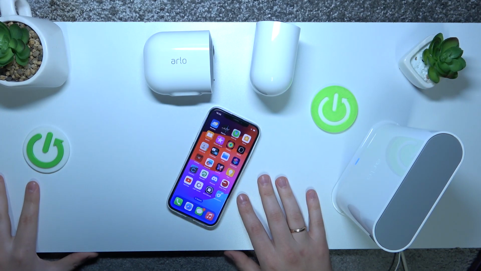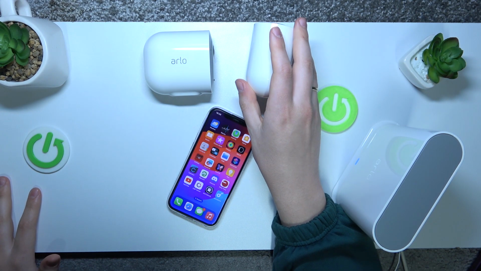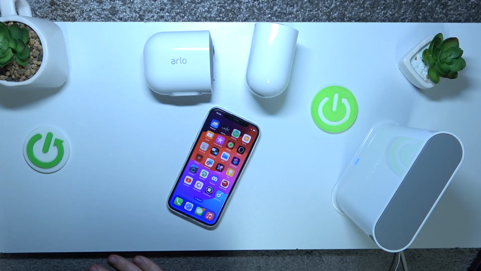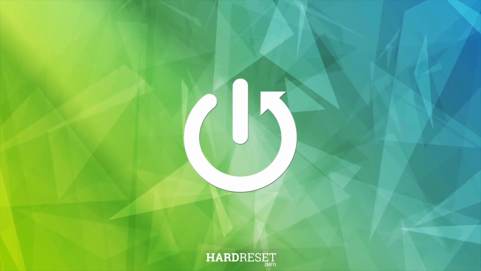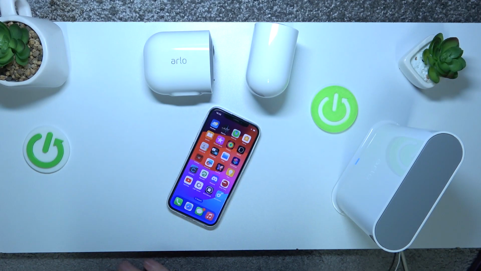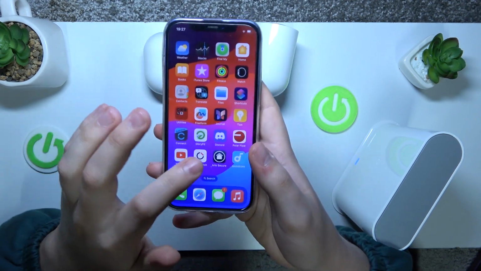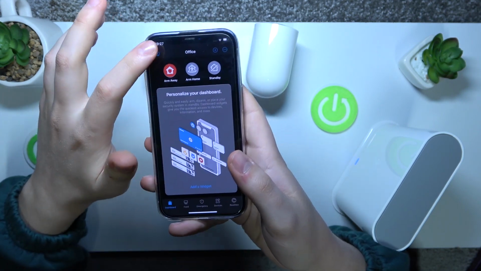This is ARLO Pro 3 bundle, and today I'll show how you can share the camera access in this device. So to start, you will need to take your phone, launch the ARLO Secure app, tap at your profile